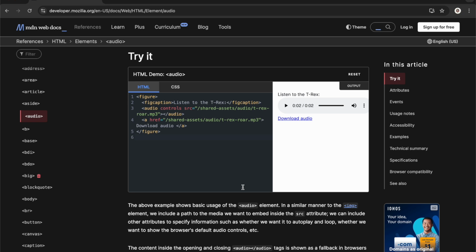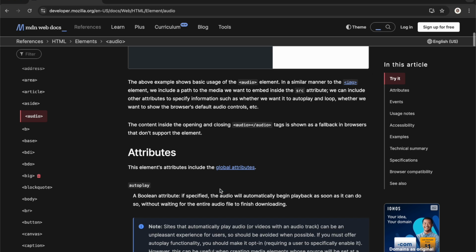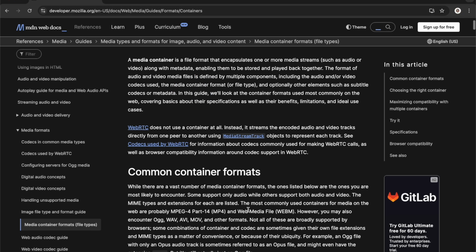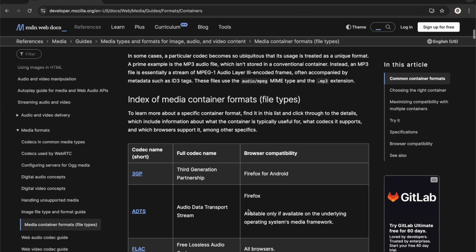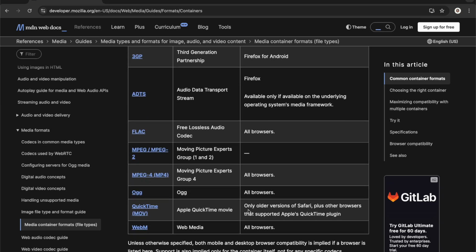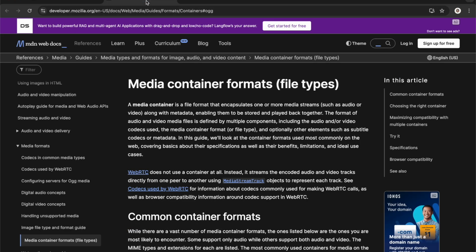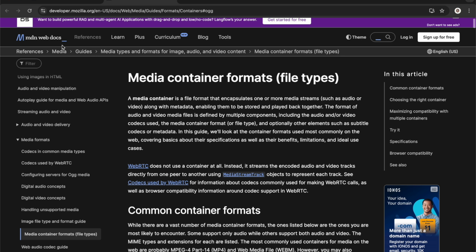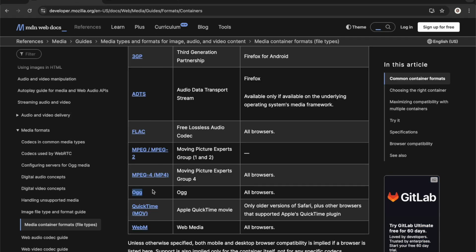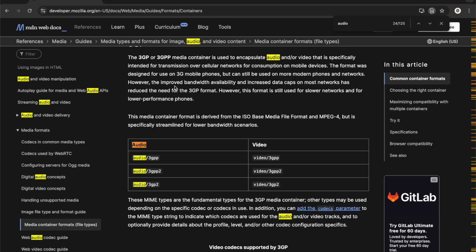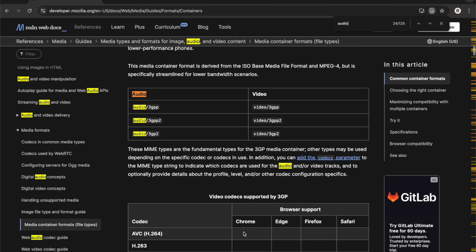Okay, so what does that mean? These formats. Let's see if I can find formats. Media container file types. Let's go there. So OGG. I don't know what that stands for. Actually, I'm not familiar with that media type. We're going to leave that for now. If you know what it is, you can use it. These are for media. Let's see if we can find audio. There's some of the audio